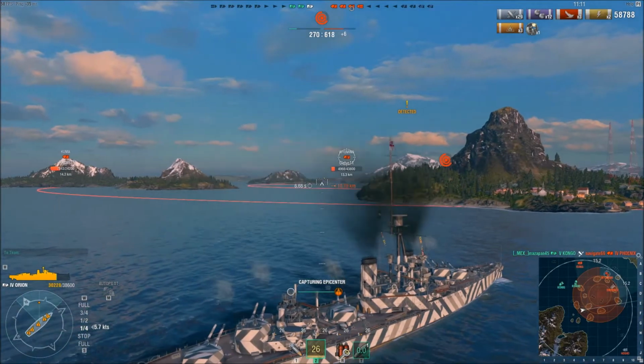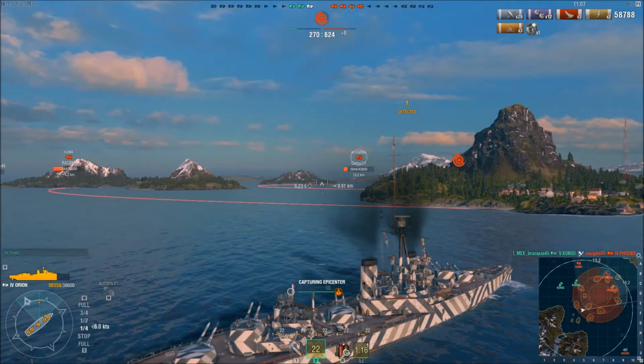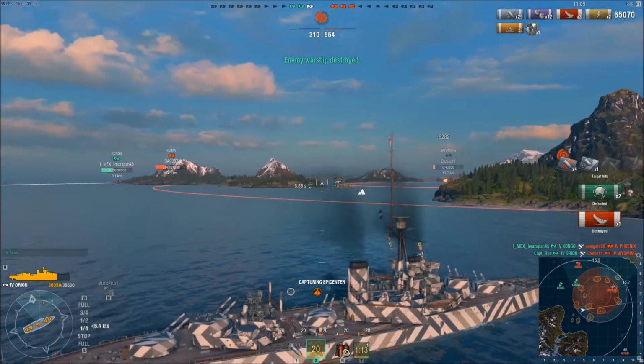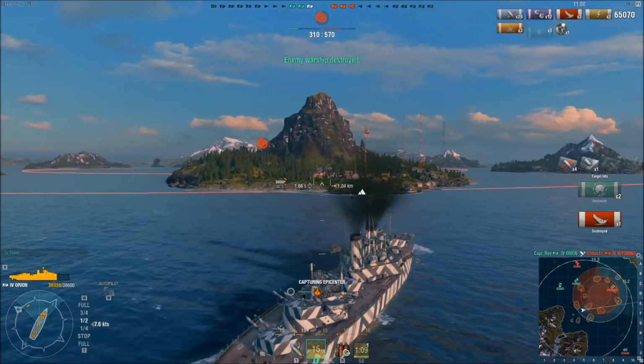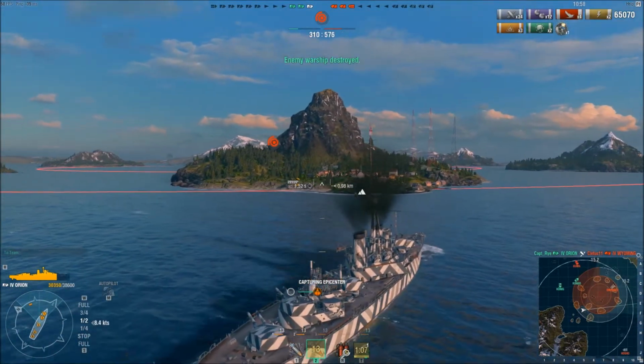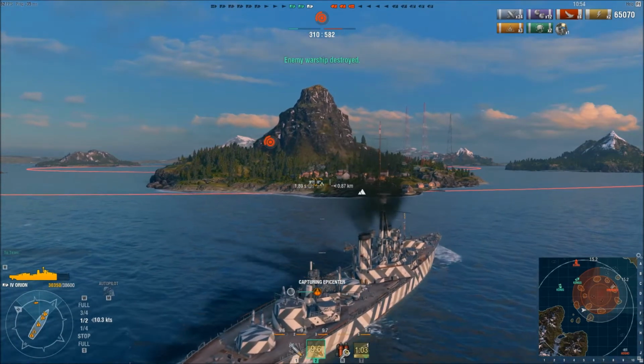Wyoming caught out in the open. He's stopped. He's broadside on. I get a full broadside off. He starts recovering health, so I'm thinking I might not be able to kill him in that salvo, but nope, I do. I managed to finish him off, and that's my 4th kill in this game. So now I'm sitting on 4 kills in a stock Tier 4 and a Tier 5 battle,